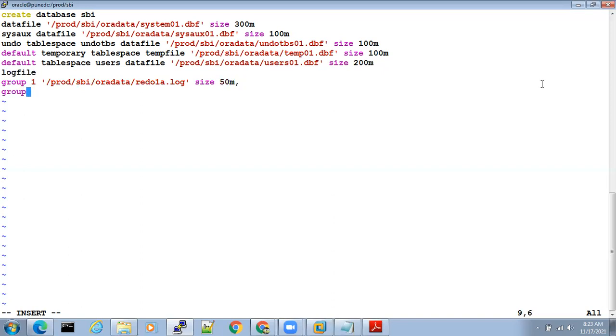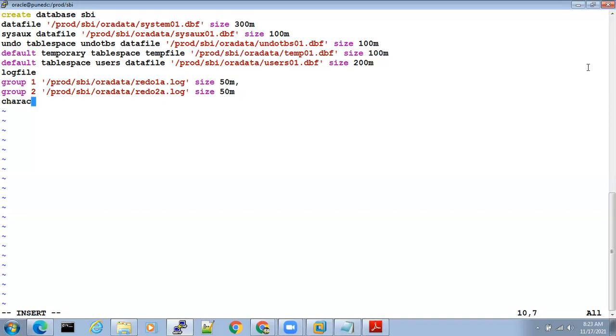Next, group 2, single quotes, /prod/SBI/ora data/redo2a.log. I mean, the way that I'm reading and writing, reading and typing, you also do like that only. Size 50 M, and no comma.